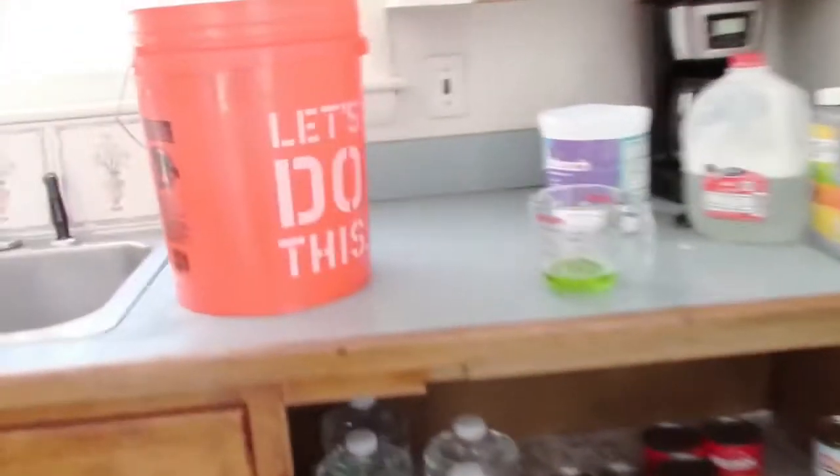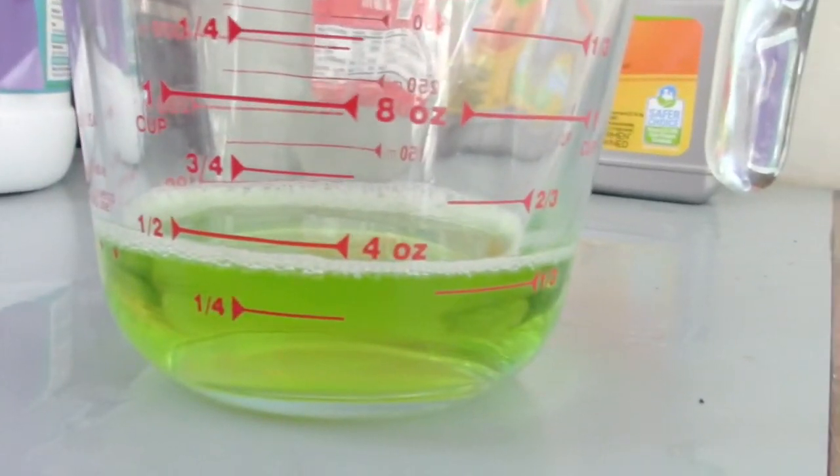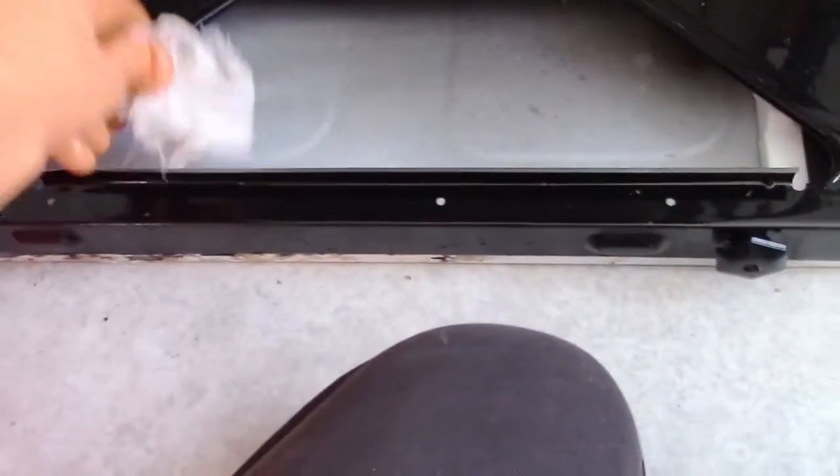Now I was running out of towels, so what you could do is take 1/2 cup of the CLR solution and mix it with a bucket of water. A bucket is about 2 gallons of water. And what you could do is use a towel and then rinse the towel off in that bucket of water and CLR. And you can reuse the towels. And sometimes that helps when you're cleaning things like ovens or fridges or something like the siding on the outside